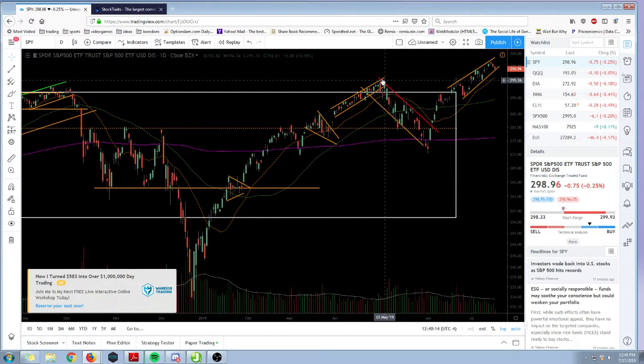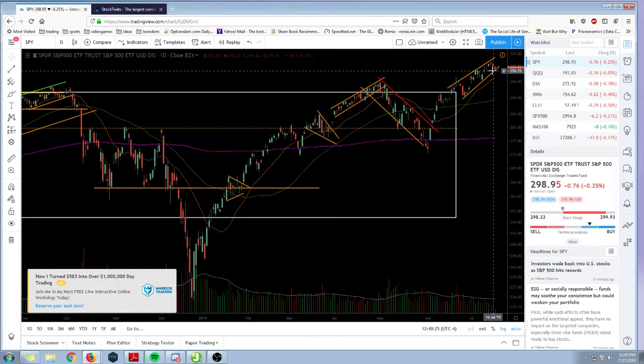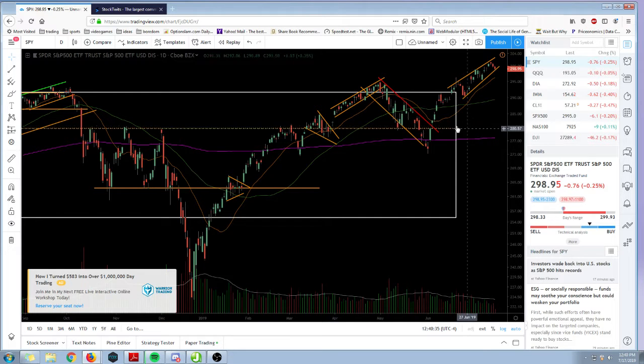Then the first time we had a real sharp retracement, we came right back to that area. Now we did probe a little bit below it, but we eventually were able to reclaim it. And once we did reclaim it, that's what started this new run that we've had now to new all-time highs. And the question now becomes, when we do pull back again, if we do lose 292, do we come back and test that area? If we do, as long as we hold above it, well, then this sort of upwards